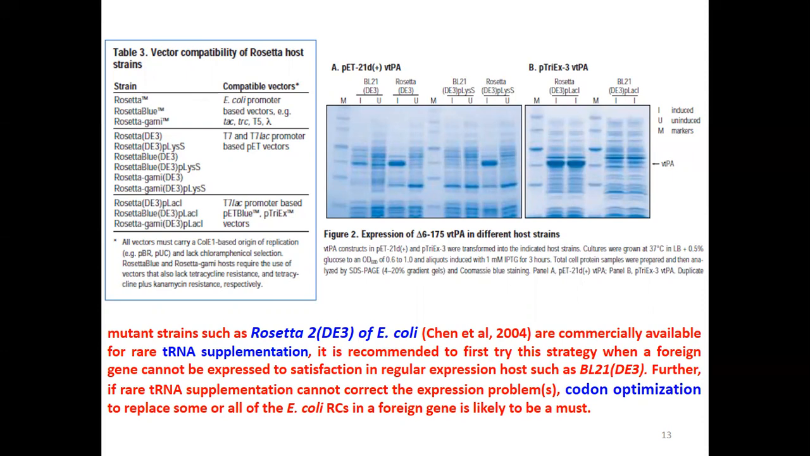So it is a specifically designed strain, because BL21 is a well-known good strain for expression of proteins. So they developed a variant of this BL21 and called it Rosetta 2 or Rosetta gami. It is recommended to first try this strategy. For example, either you should have the plasmid expressing the rare transfer RNAs, or you should have this strain,